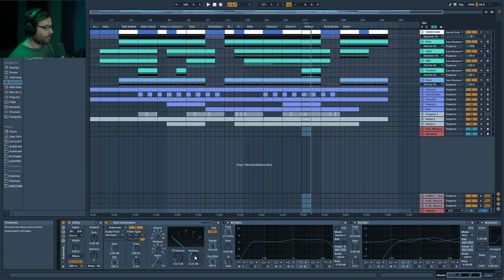And then after you have threshold and makeup, where the threshold depends on how much you want. Again, this is gonna be too much like this, but then it's really up to you how much you wanna put. And then again, you can go up as much as you want. Sometimes you can go super loud, sometimes not too loud. It's really up to you. Here I'm pushing a little bit too much, but yeah,